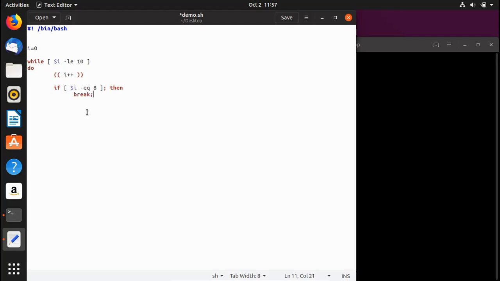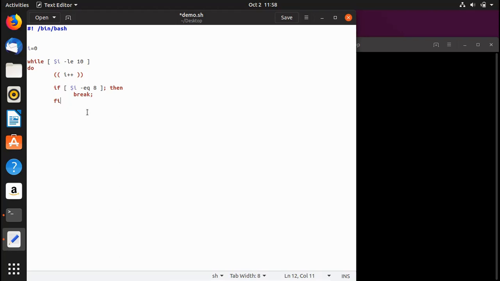All right, so once it breaks, then you come to the next line and you basically close the if statement by using fi. Okay, so we have discussed it earlier. And after that, in order to use the continue statement, because I want to basically omit, let's say 6